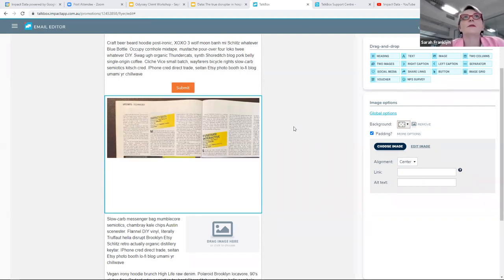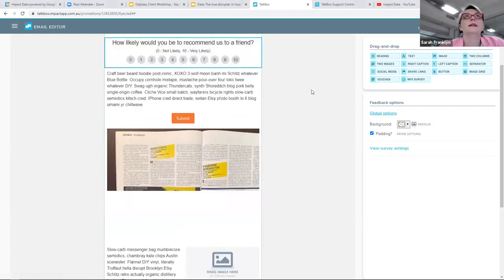We're almost there. While that is loading, the other thing I was going to tell you is about feedback. While we're waiting for that, I'm just going to drop some feedback in. For those of you that aren't using feedback, I really encourage you to use it. And the reason is user-generated reviews are the oil of SEO.